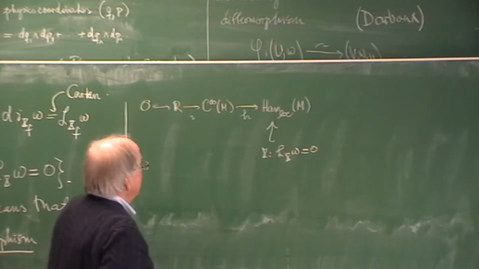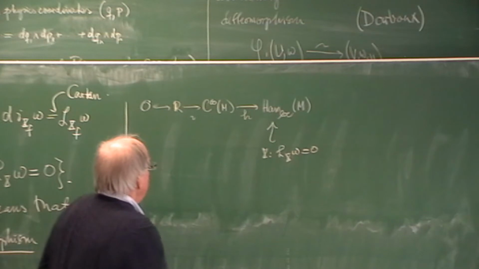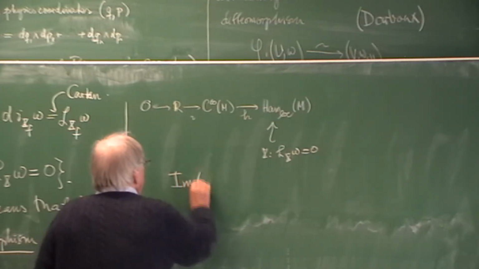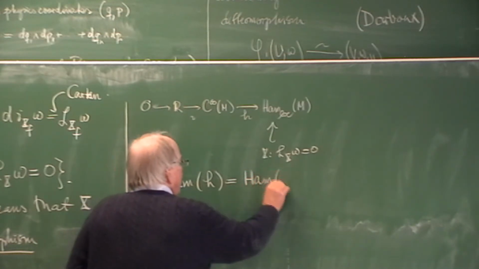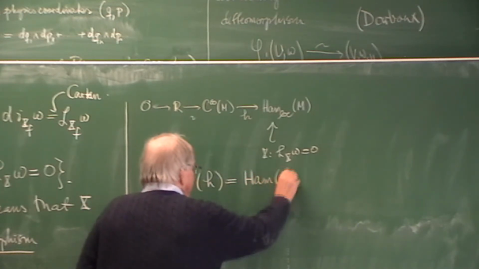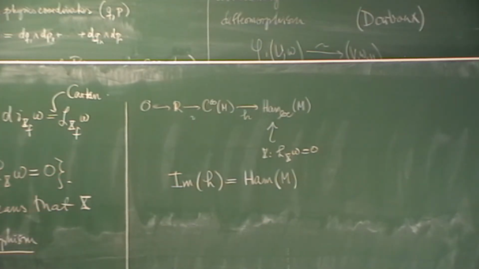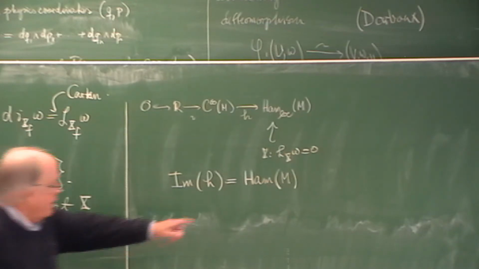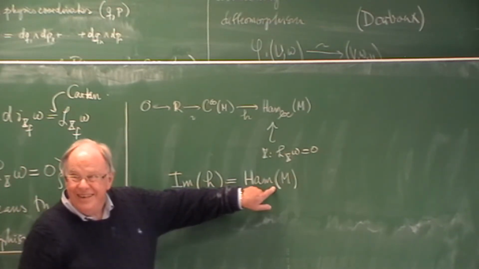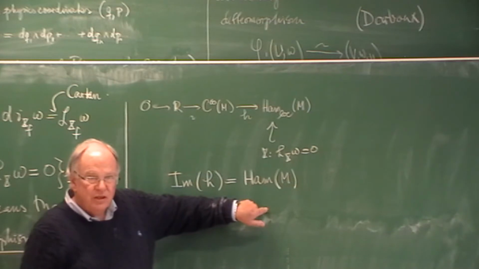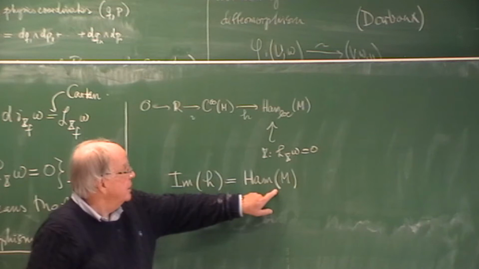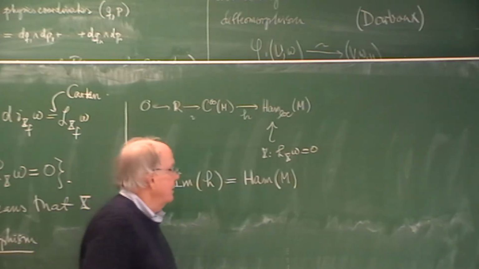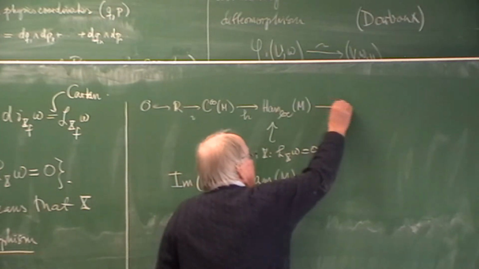So that is the mapping that goes in there, and the image of H, which I will now call Ham M. I'm trying to be consistent with the literature here. So those are the global. If you like, here I would write global. That means they come from a global function, not just a local function. So the image is that. And now, to complete this thing,